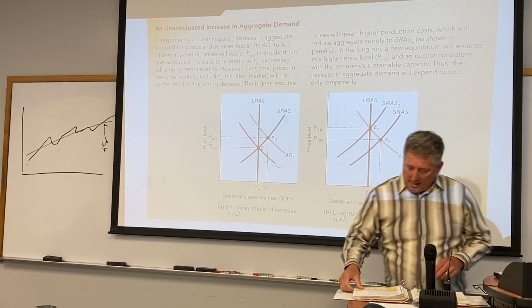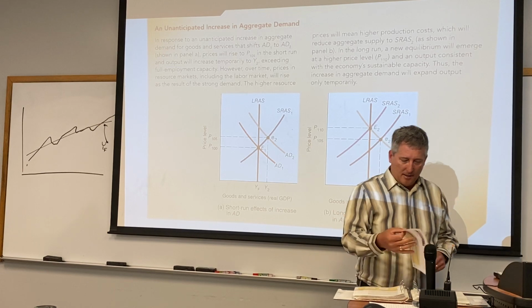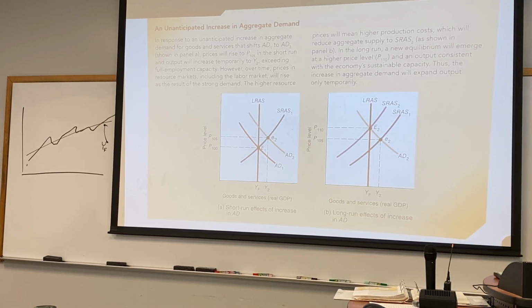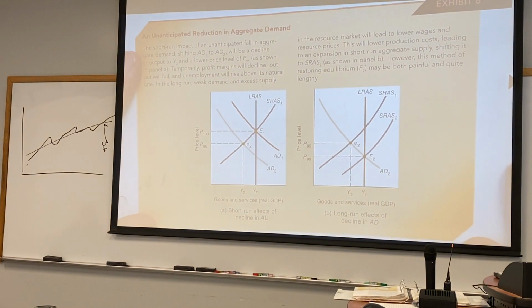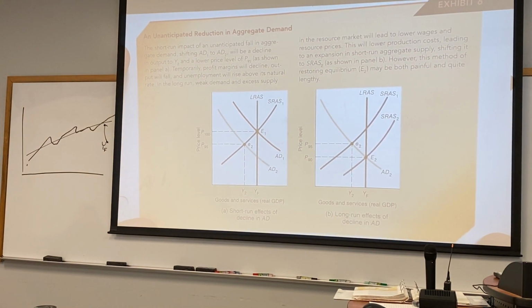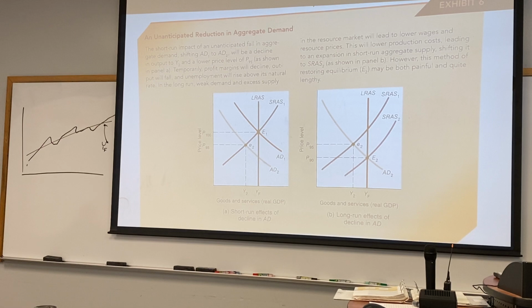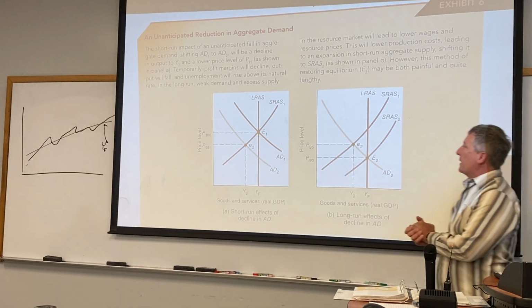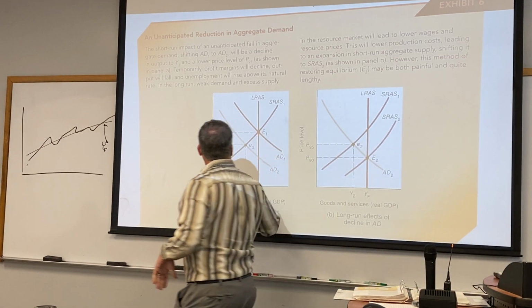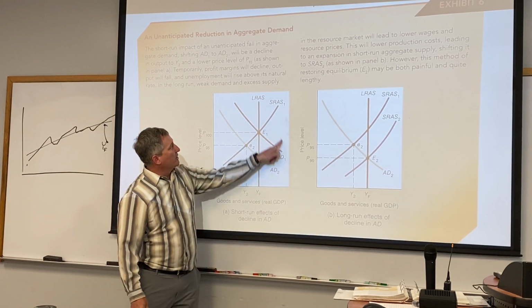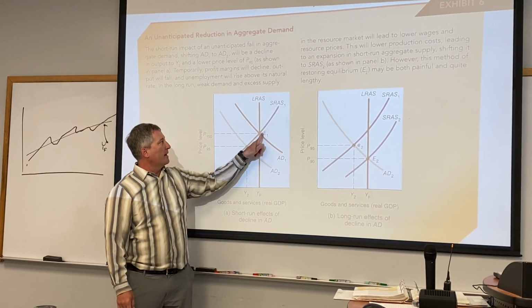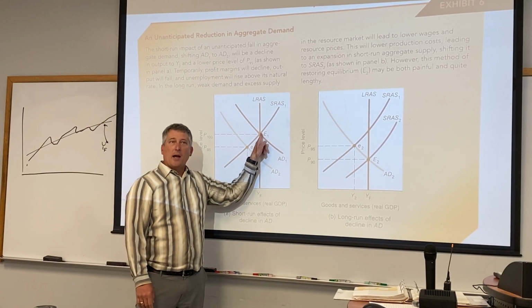All right, so then, this is one we didn't do in class. What if we have a negative demand shock? So we could say foreign incomes fall, we could pick another demand shifter, but something negatively affects the economy. Here was our original long run equilibrium where all 3 lines cross. And now we had